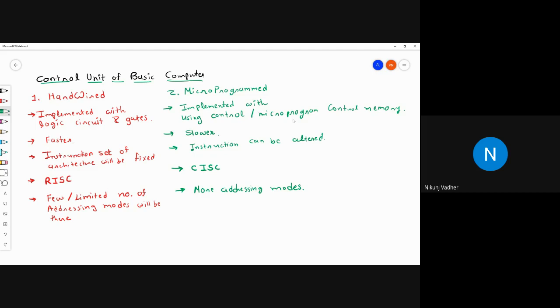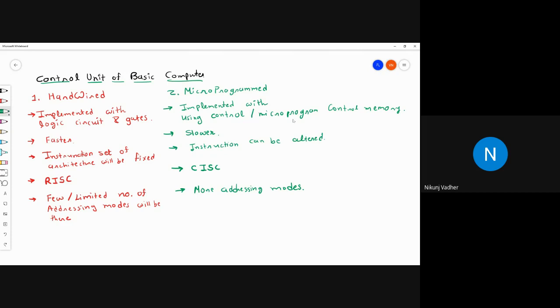So we cannot add, remove or update instructions. While in microprogram, we can alter the instructions. The RISC processor belongs to hardwired, and the CISC processor belongs to microprogram. In hardwired there will be very few addressing modes, while in microprogram many addressing modes will be there. Why am I repeating all these things? Because in exams, this question is asked many times: differentiate hardwired and microprogram control.